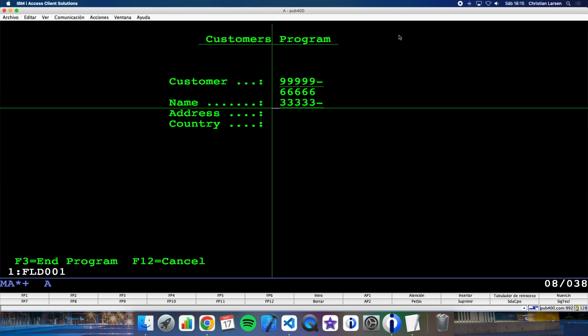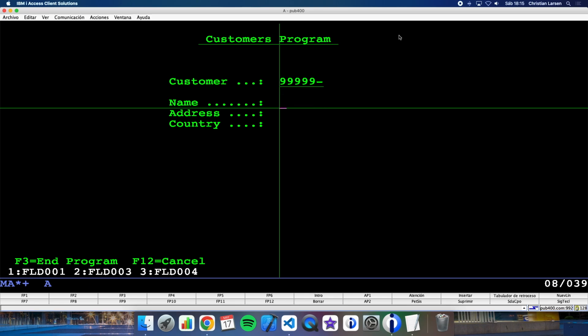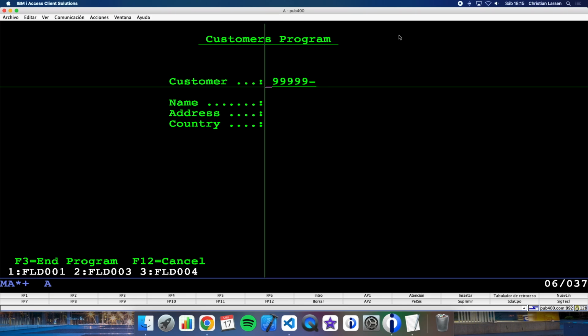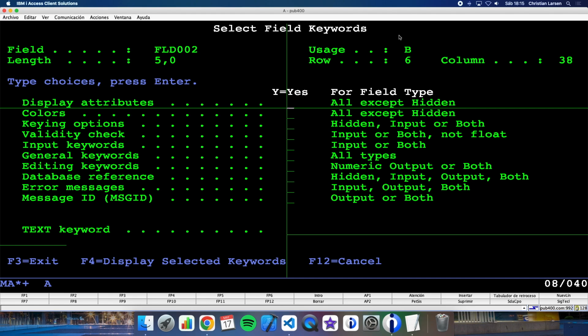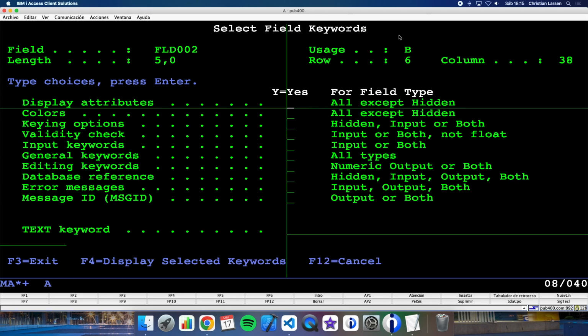Okay, well, let's remove them with a D, and now let's add an editing keyword for my field. Okay, let's go here to the options, and in editing keywords, I'm going to add a C in the edit code. Okay,